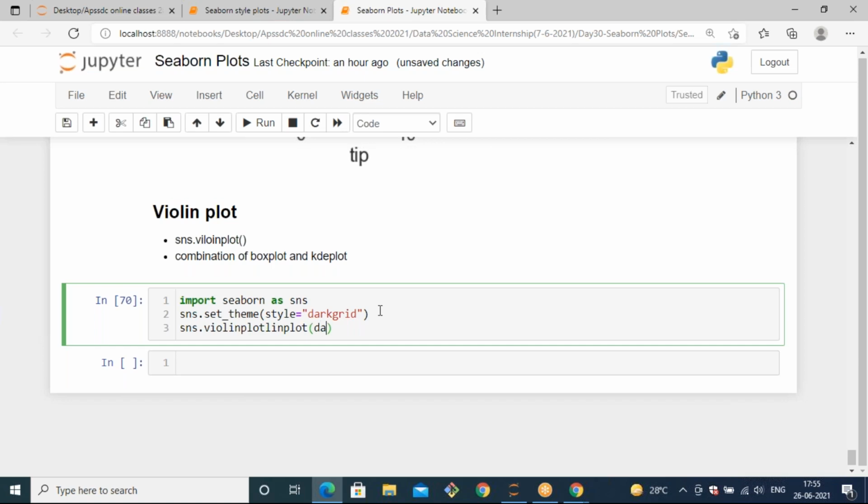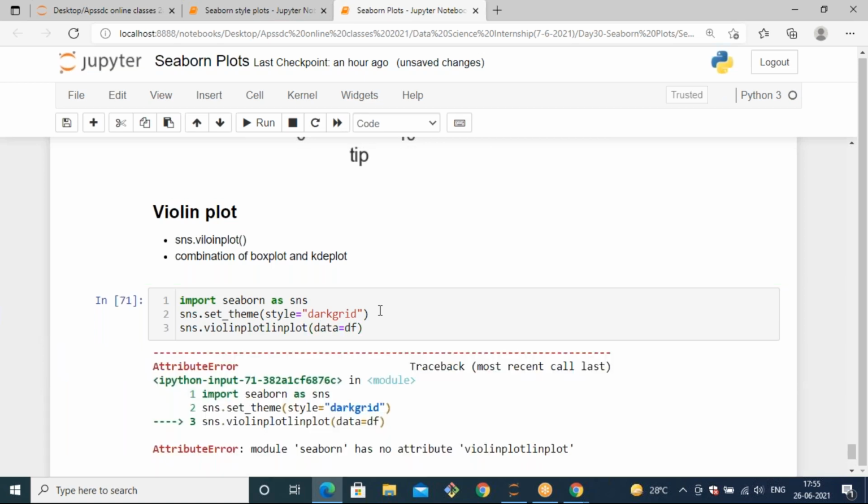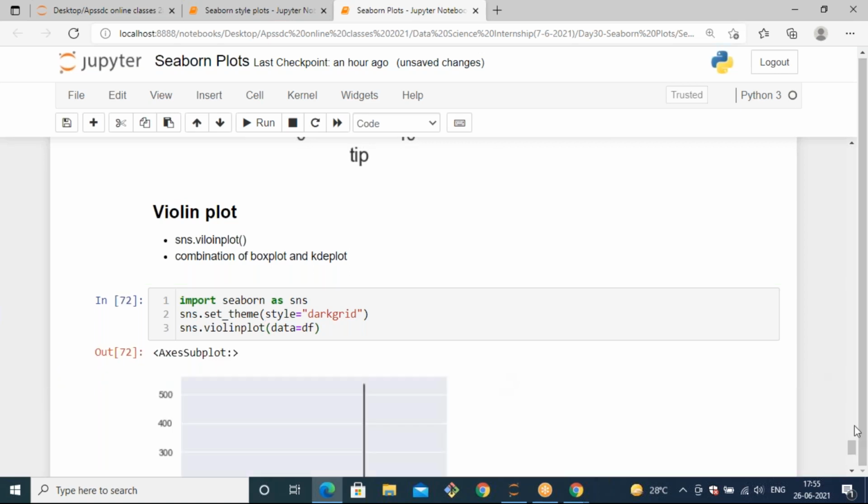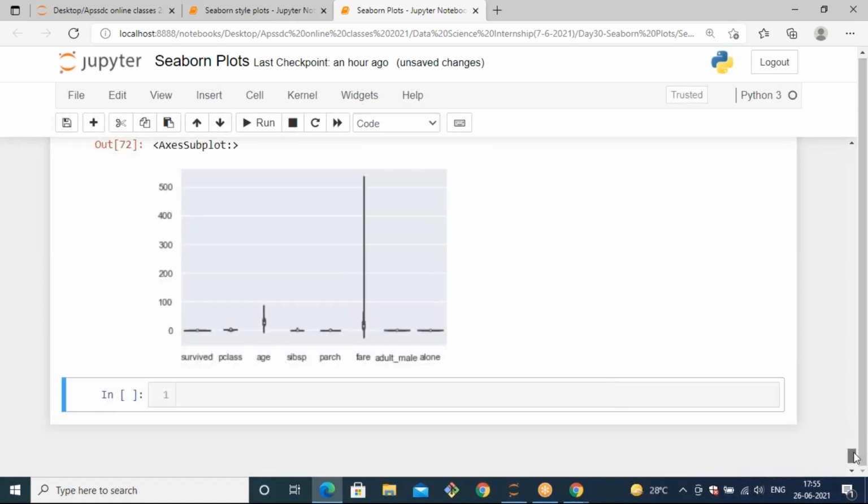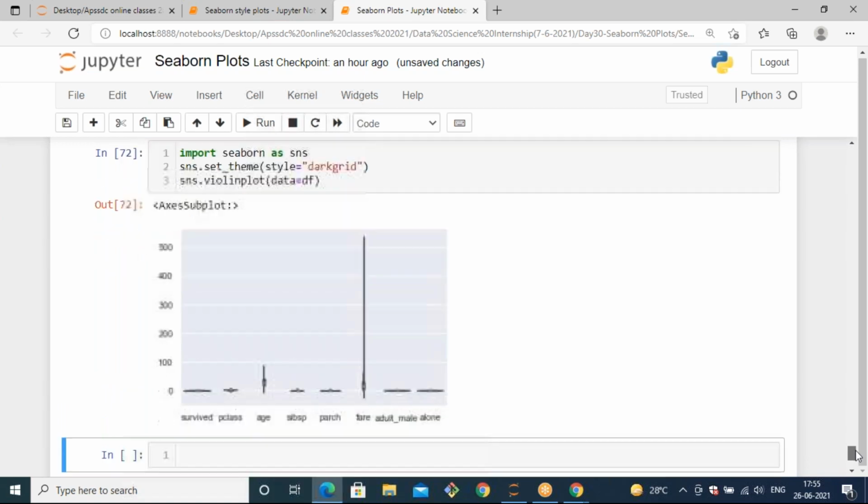You can specify by taking all the data at the initial time. It will generate a violin plot for